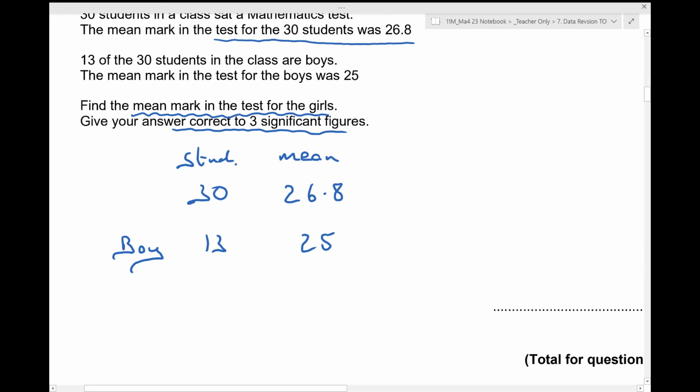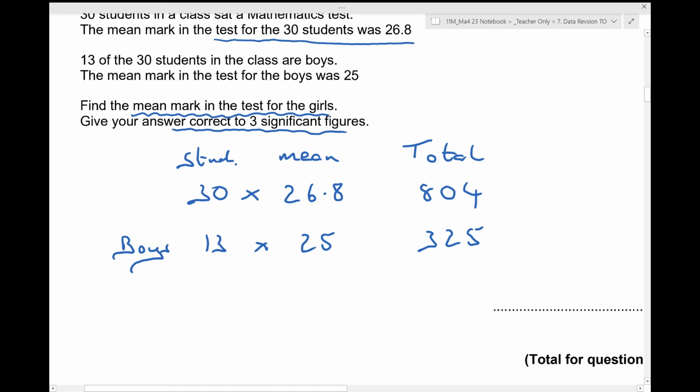Right, well, what can we work out here? 30 students in the class, and their mean was 26.8. That means I can work out how many marks those 30 students scored in total. They had to score 804 marks in total, 30 times 26.8. Now the boys, how many marks did they score in total? Well, 13 times 25,